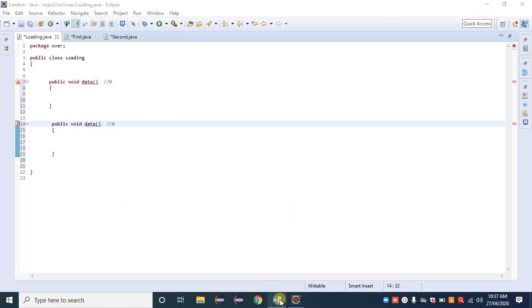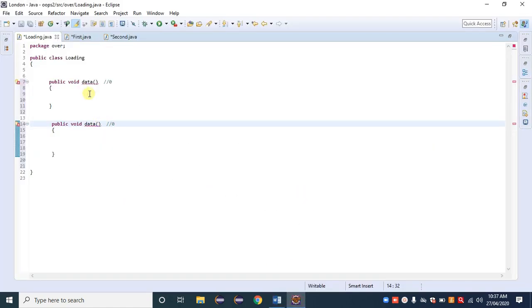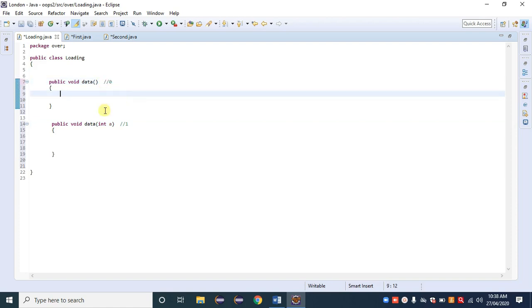So what is the first point? A different number of arguments. I just change the arguments. Here I am providing int a. You can observe that the error is not available here. It means that it works. Right now here the argument count is 1 and here it is 0. It means that a different number of arguments with the same method name is permitted.